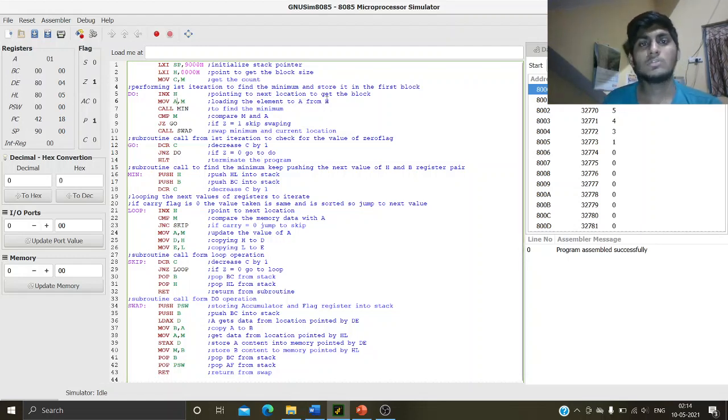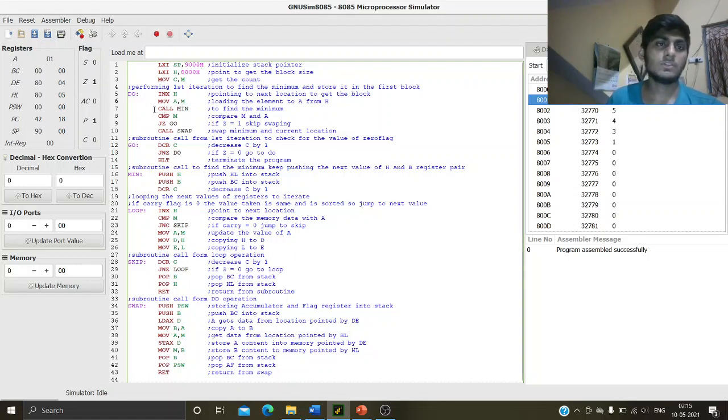This will point to the next location of the block, which will give us the next data on which we will be performing the operation. Now we will be moving the value of M to the accumulator, through which we will perform the operation.